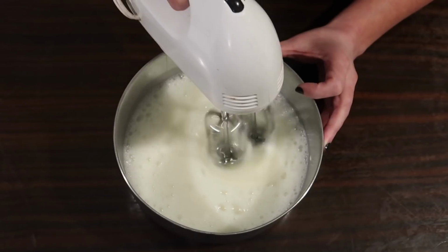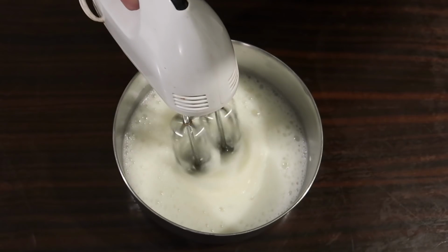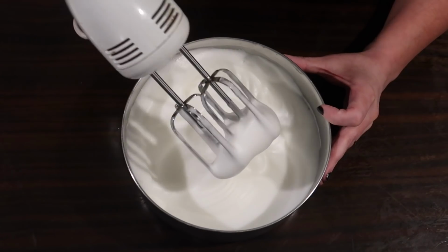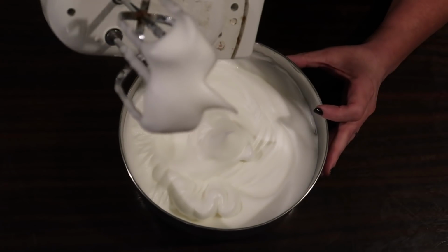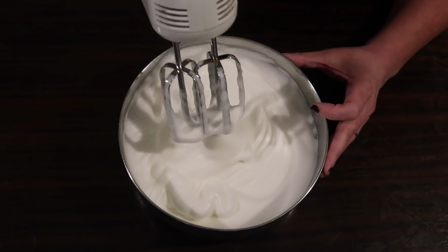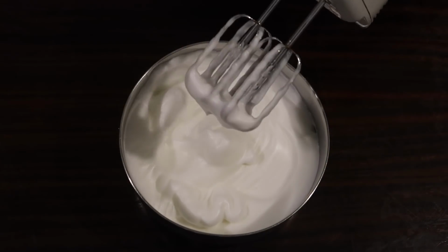We're just going to do this. I'd say it probably took me like 5 to 7 minutes, and you just pick it up and check it, and it's not quite where we want it. So we're just going to blend it a little more, and then you can see once it holds that fine tip on the peaks, it's ready. We're going to stick that to the side, get started on our